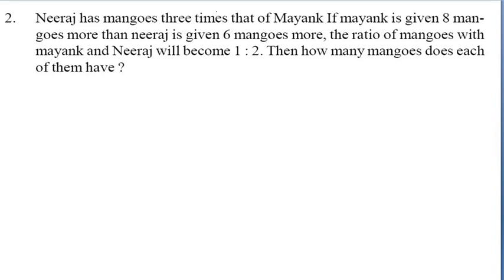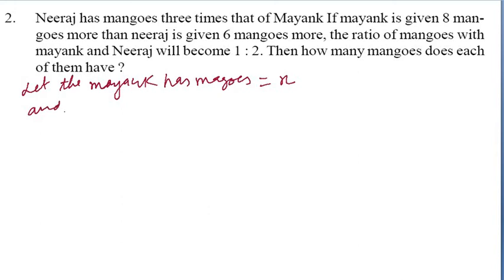Neeraj has mangoes 3 times that of Mank. Let Mank's mangoes be equal to x, and Neeraj's mangoes will be equal to 3 times, so 3x. So according to the question,